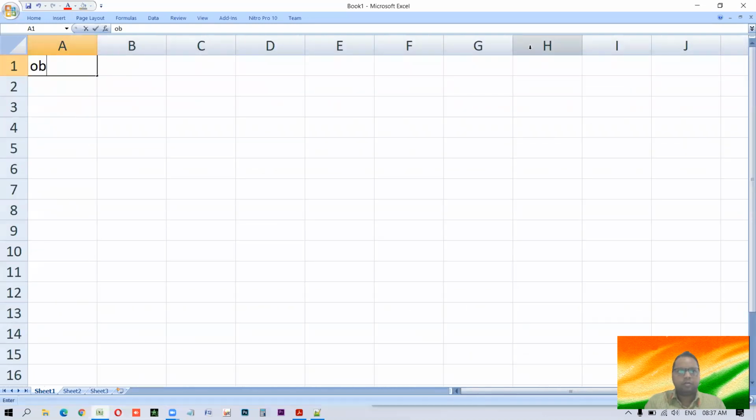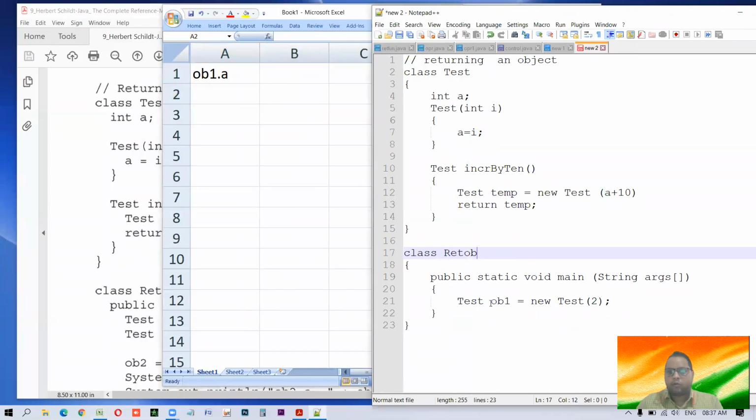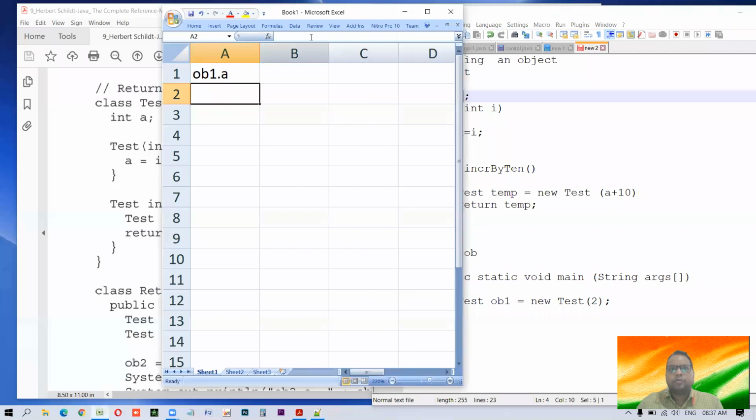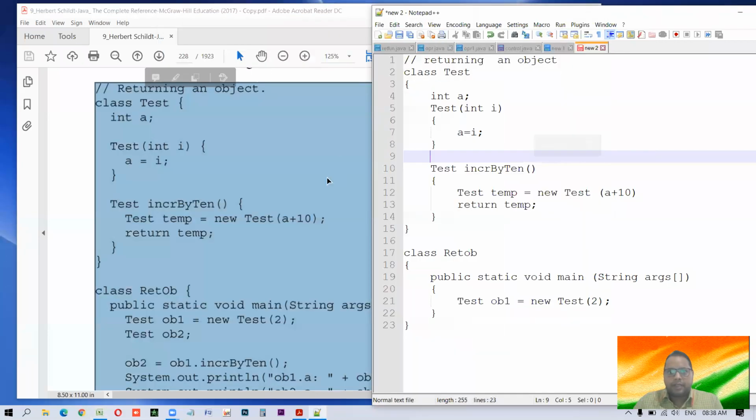हमने क्या बनाया अभी अभी ob1 बनाया, तो ob1 बनाने से क्या हुआ, ob1 डॉट a बनेगा. क्यों बनेगा? You must know this because in ob1 we have how many data members? We have only one data member a. We could have any number of data members, but in this case for simplicity it has only one data member. After learning this program, you may make modifications in the same program and increase them, of course, no need to decrease because there's only one. So object ob1 का a बना, उसका value हो गया 2. चलो, so this is what happened.